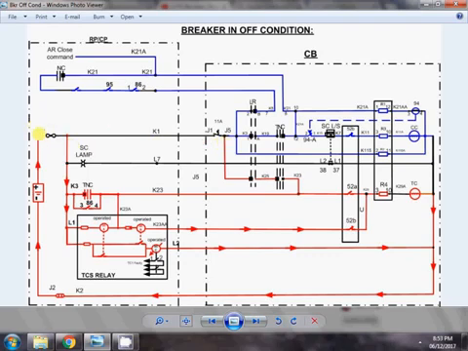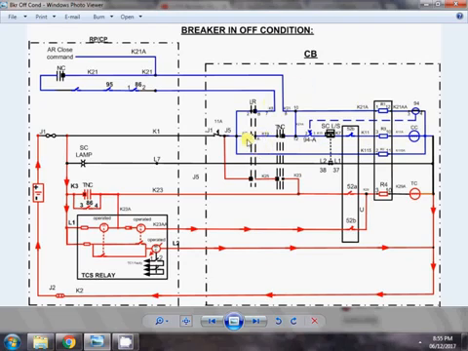In the closing circuit, this is the positive that is coming from the battery source J1. After the fuse it becomes K1, then it is extended to the local remote switch. When the switch is kept in the remote position, the closing positive is extended through the control room TNC switch. Now when the TNC switch is kept on the closing position, the positive will be extended further in this direction, then it goes to the closing coil.